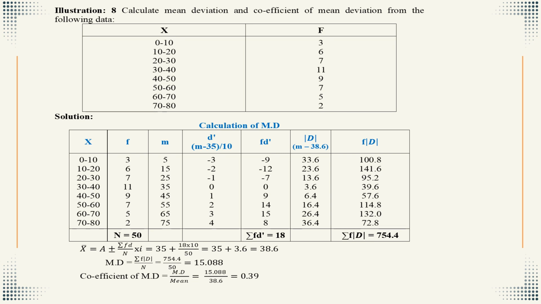3.6, 39.6. 9 into 6.4, 57.6. 7 into 16.4, 114.8. 5 into 26.4, 132. And 2 into 36.4, 72.8. Then